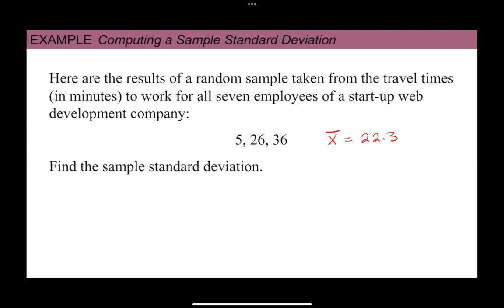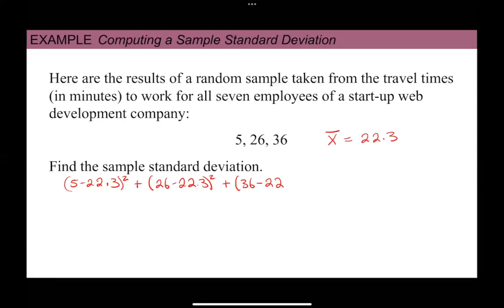Remember on mean, we generally round to 1 decimal place farther than our actual data. So 22.3 is good. So I'm going to do 5 minus 22.3 squared plus 26 minus 22.3 squared plus 36